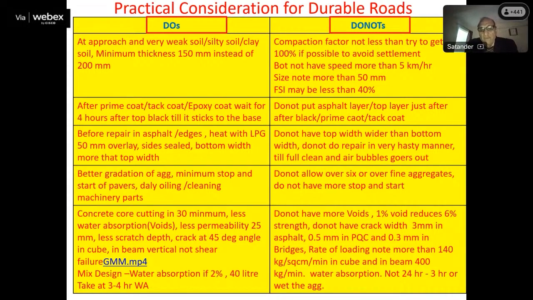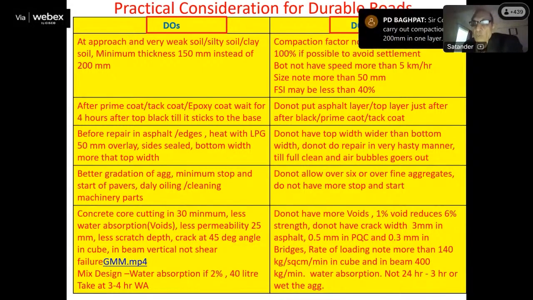If you put a concrete anywhere, it should not absorb more than 2% or 3% water. If it is absorbing 2 or 3% water or 5% water, it means it is a weaker concrete. During mix design also, please remember, code says,